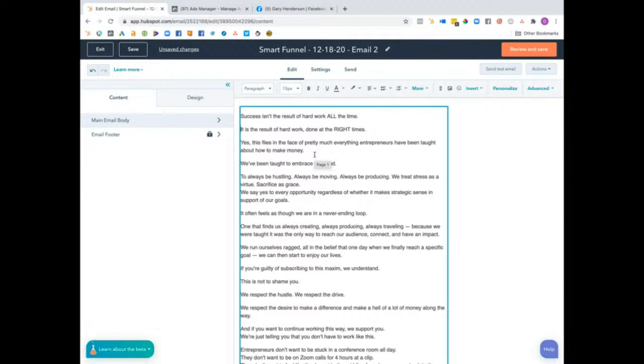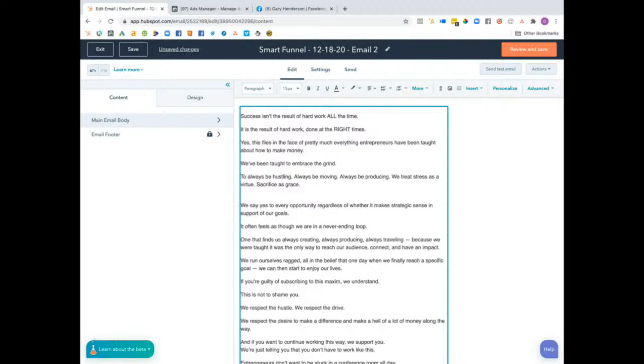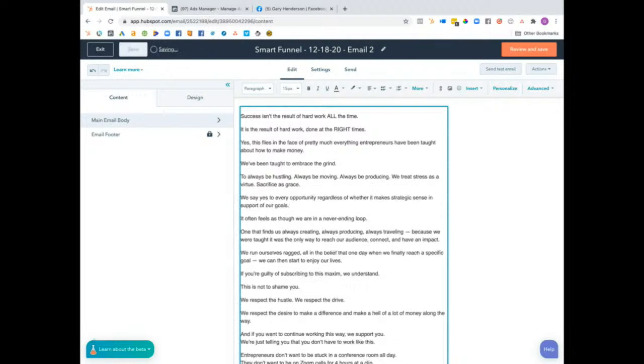So success isn't the result of hard work all the time. It's the result of hard work done at the right times. Yes, this flies in the face of pretty much everything entrepreneurs have been taught about how to make money. We've been taught to embrace the grind, to always be hustling, always be moving, always be producing. We treat stress as a virtue, sacrifice as grace. We say yes to every opportunity regardless of whether it makes strategic sense in support of our